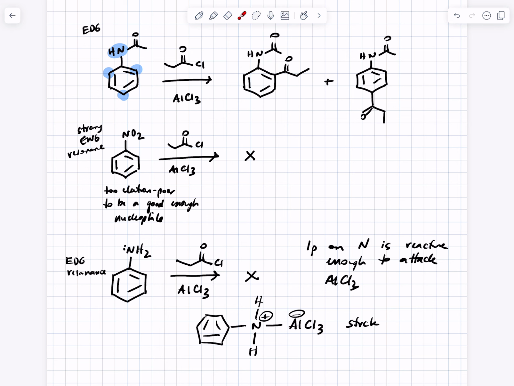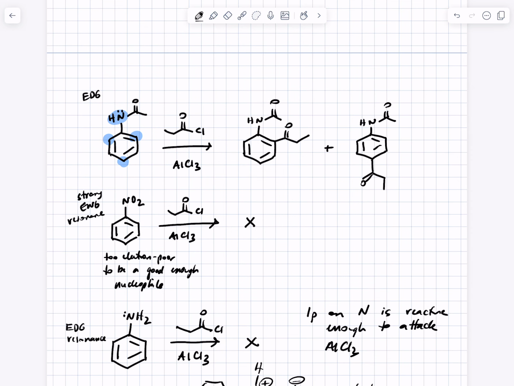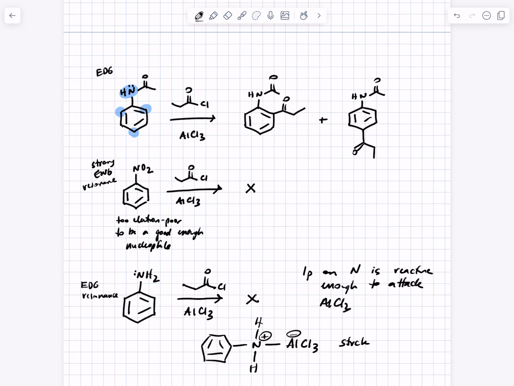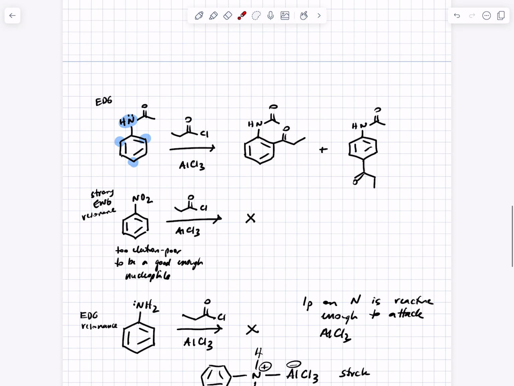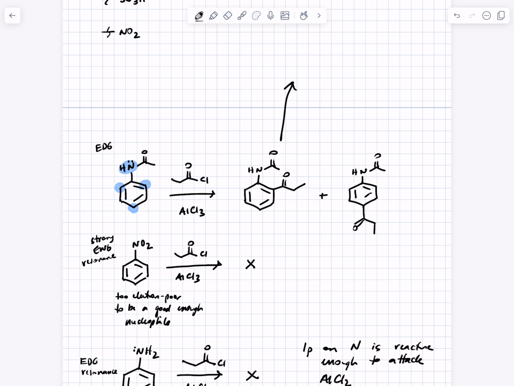The explanation for that is the adjacent carbonyl is delocalizing the nitrogen lone pairs and making them less reactive, so they don't interfere with the Lewis acid catalyst there, and you can go ahead and do the reaction. So if your goal were to make a molecule where you did the Friedel-Crafts reaction on the aniline ring, first you would want to modify the nitrogen with the acyl group, do the Friedel-Crafts reaction, and then after the fact, you could do the amide hydrolysis reaction,